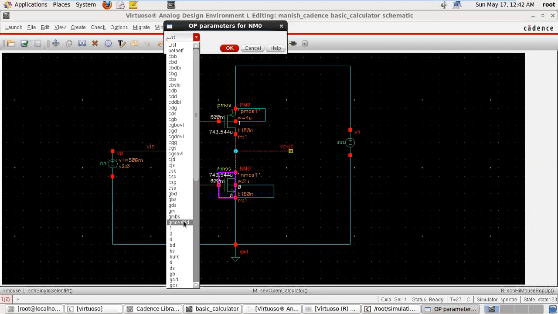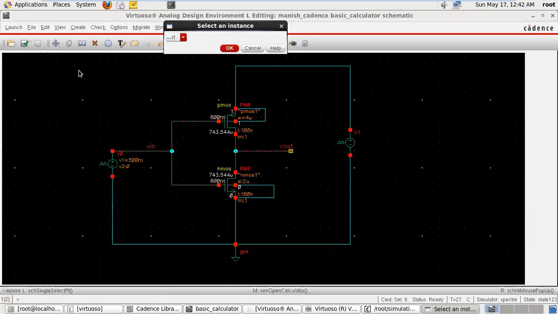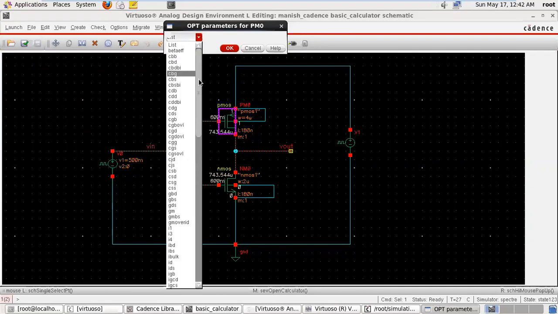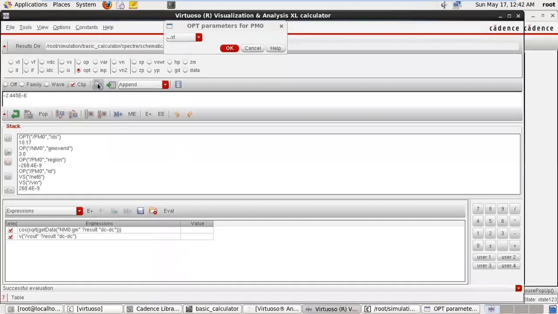So you can see any parameter, GMID. So click here. So this is showing your value of gm by ID. This is 10.17. Okay, ratio of the two parameters. So using operating parameters, we can find any value. Okay, this is for the OPT parameter IDS. Just click here. So this is only for the operating parameter. Okay, both of these are used for that.